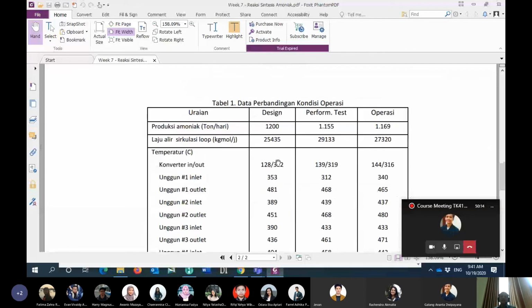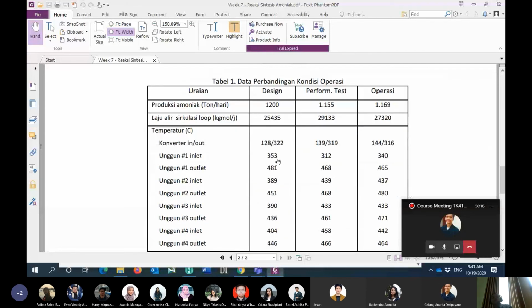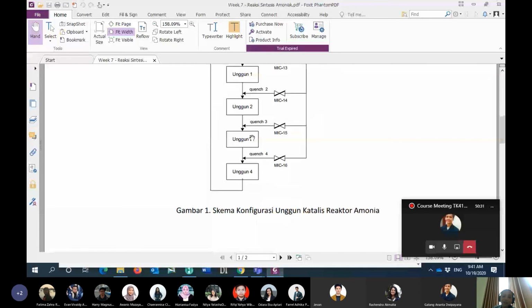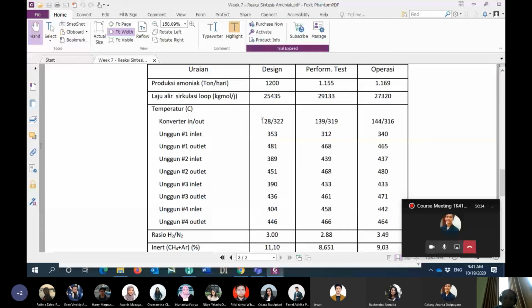Okay, and then this table shows you the data. What kind of data? Temperature data. For example, for the converter in, which means the inlet of the gas, it will have a temperature of, for example, 128 degrees C. And then for the inlet of the first bed, it will be 353.